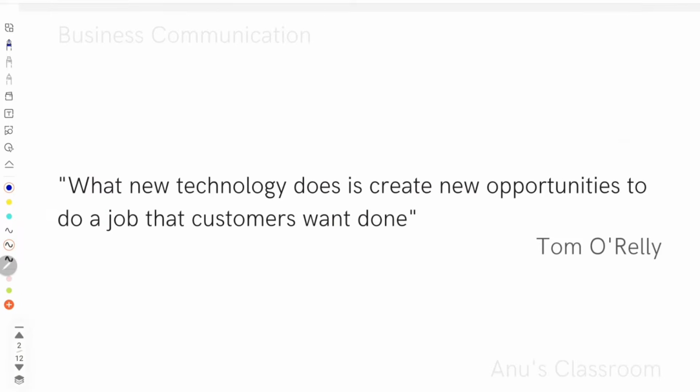So let's get started. We'll start with a quote from Tom O'Reilly, who said that what new technology does is to create new opportunities to do a job that customers want done. And this is a very true concept. This is very true because the reason why technology and different types of communication were invented was to communicate with people. If you think about it, even the invention of the wheel or the fire,